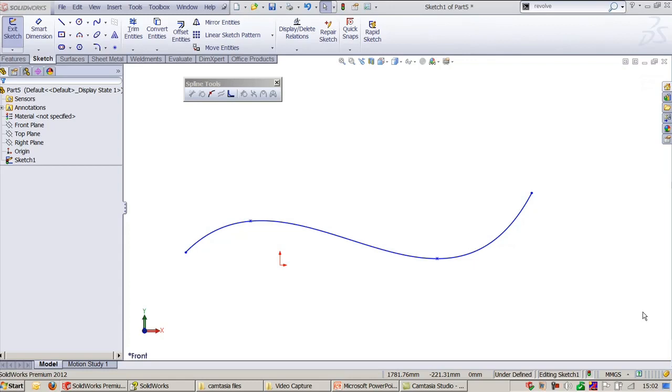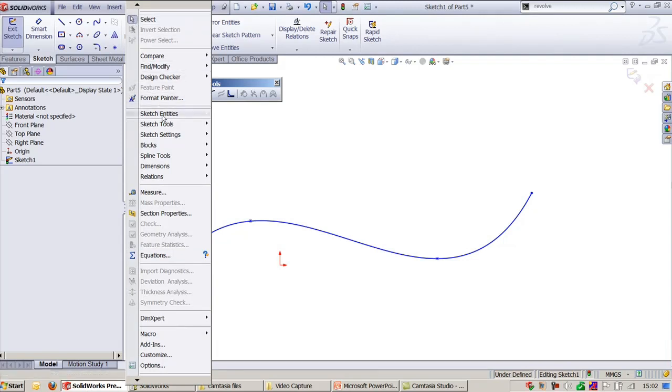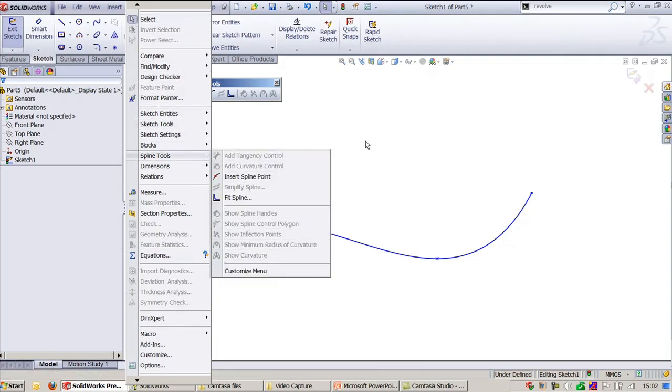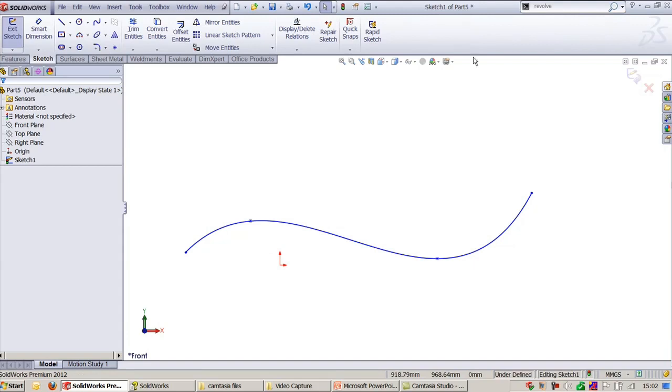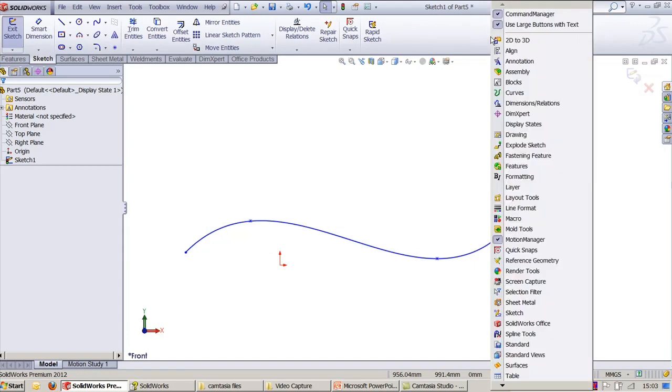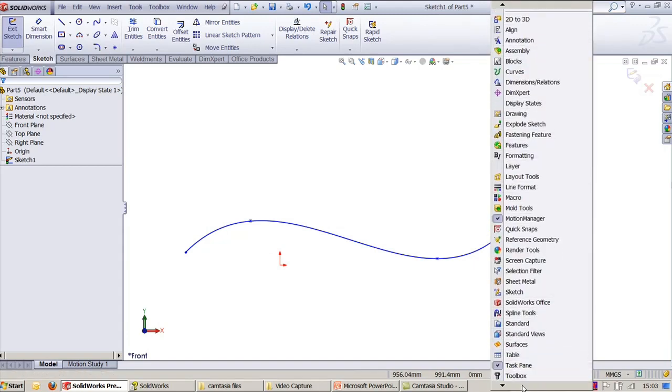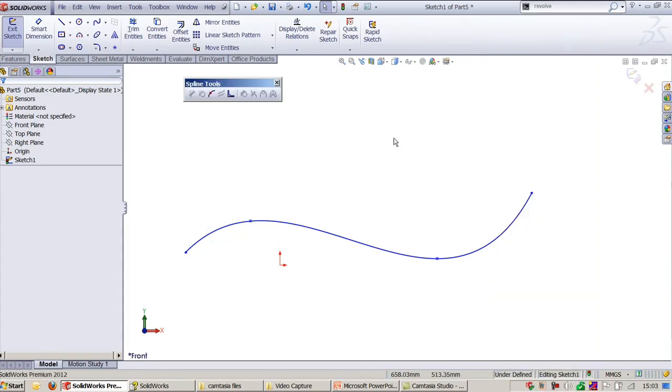Spline tools. To edit the existing spline, we have to use the spline toolbar so that we can avoid going to the insert menu and retrieving these commands every time. Spline tool is retrieved from this selection. Here you can retrieve spline tools, and we got the spline toolbar. The first one is adding tangency control and then curvature control and inserting spline points. Now one command is inactive. I will use this command